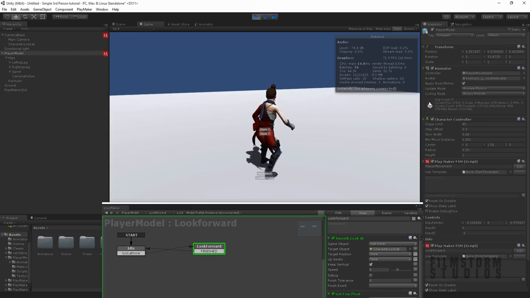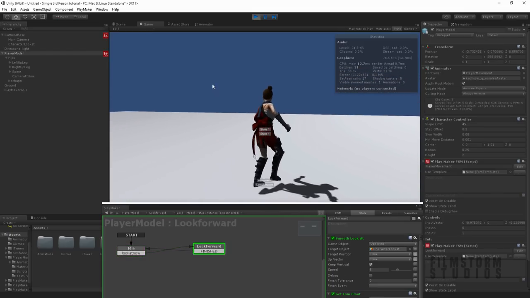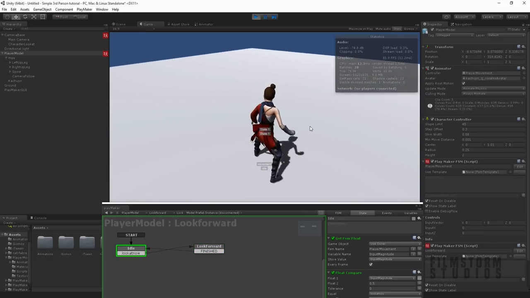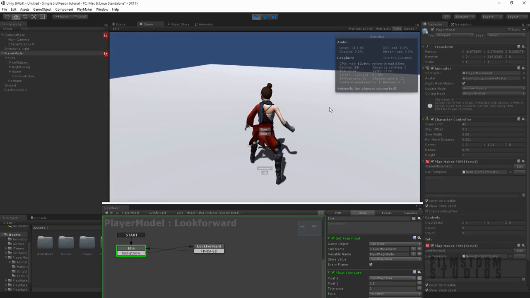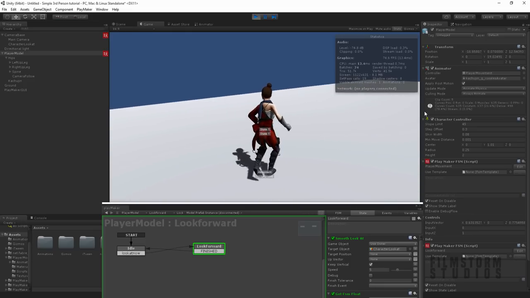So this has pretty much been a very long part 1 of creating your own third-person character. In the next tutorial, I'll show you how to set up a simple damage system and weapon system, and we'll link up some of those good-looking animations that we have sitting in our library.